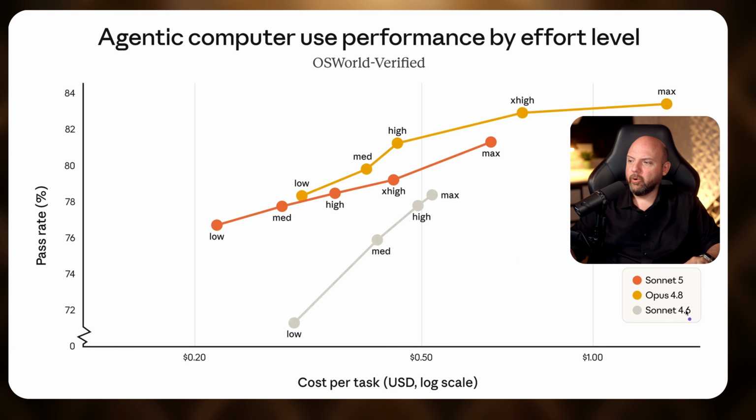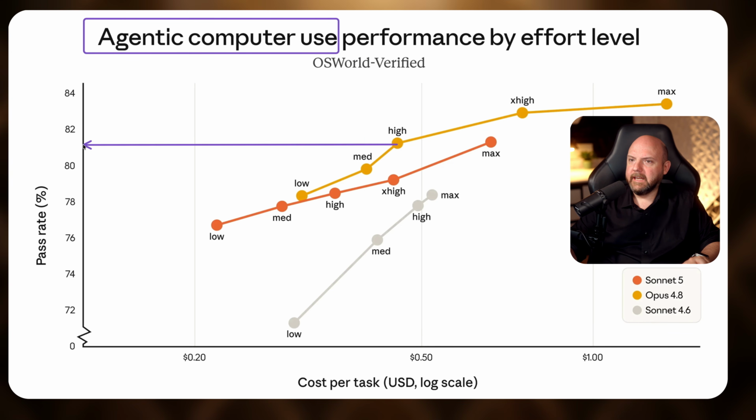If we look at Sonnet 4.6, these are the different effort levels that these models have. With a lot more effort, these models can achieve a better pass rate for this specific testing. Now the problem is, if I look at this testing and I use Opus with high, that's the standard usage that I use, we end up at about 81, maybe a bit more. The problem now is when I'm using high on Sonnet, I'm much lower. With xhigh, I reach a level which is around 79%,